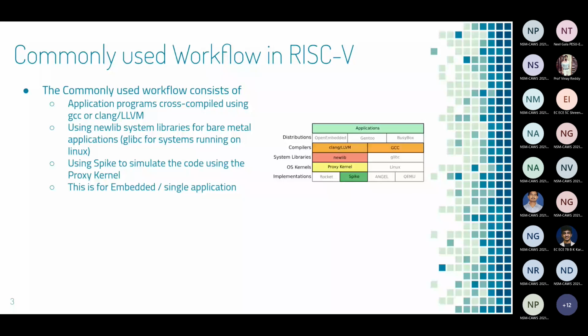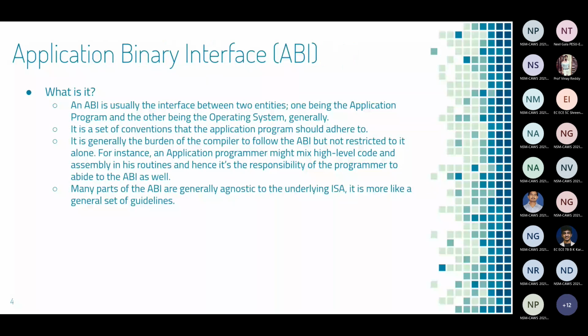So first we'll start with the application binary interface. What is ABI, right? ABI basically defines the interface that the application program and the operating system use. There are a lot of different registers. To be precise, in an RV32 implementation, there are 32 registers, right? So you need to know which register is being used for what, what values are stored, and what kinds of registers the caller should save. So basically, when an application performs a call to the operating system or any other library implementation,